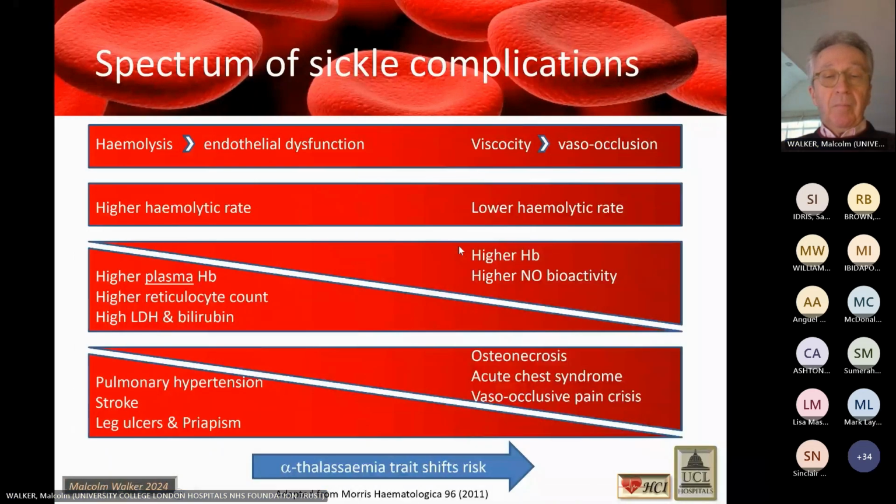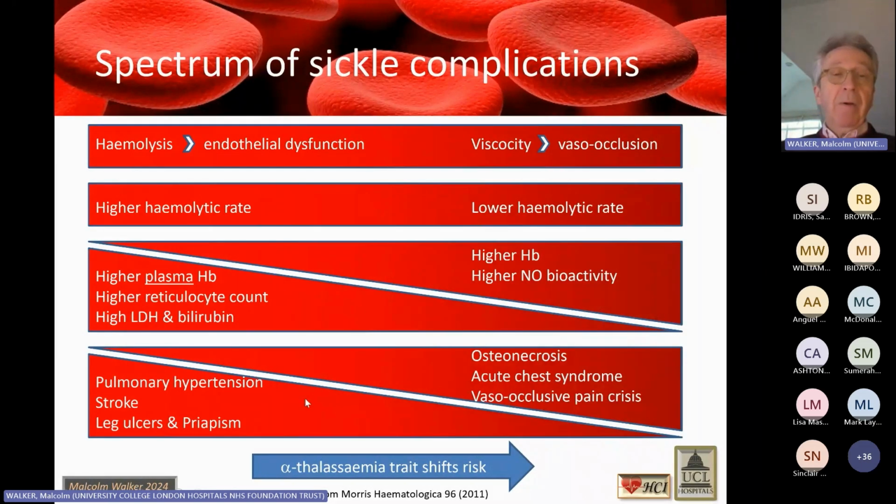sickle appearance. Now here we start getting into the different phenotypic expression, and there is, as you will all know, a complete spectrum, even within known single gene mutation, although there are lots of mutations, the single gene affected. The spectrum of complications is rather variable and looks to be mysterious until you begin to understand some of the other confounding variables, including the presence or absence of other hemoglobin mutations, in particular the alpha thalassemia trait, in particular